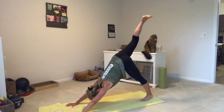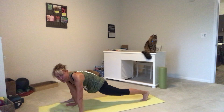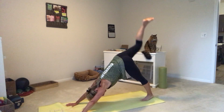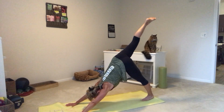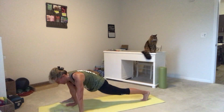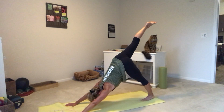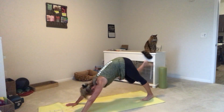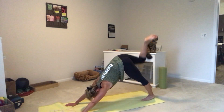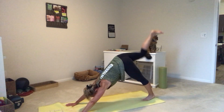Right leg straight up to the ceiling. And swing it all the way out. Big stretch on that hip. Lengthen, stretch those hip flexors, the hamstrings here. And then come down and open up those hips. 2 more times. Lengthen. Don't forget your shoulders. Try not to stress and collapse into them. And again, last one. You're gonna bring it all the way to the front